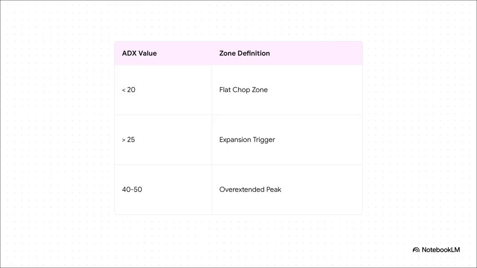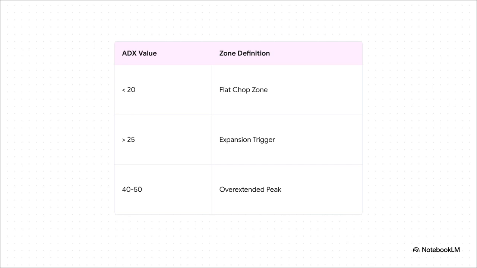First off, if the ADX is below 20, you are in what we call the flat chop zone. The trend engine is dead, buyers and sellers are basically in a stale checkmate, resulting in this nasty sideways capital grind. A smart architect halts aggressive trading here to preserve capital. Absolutely, you just stay out. But